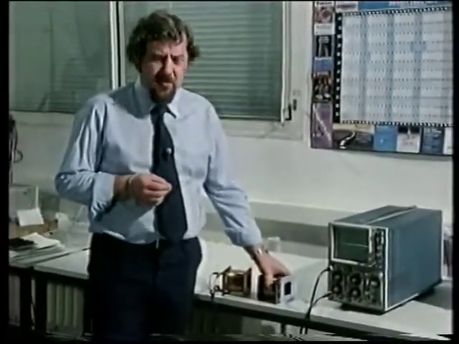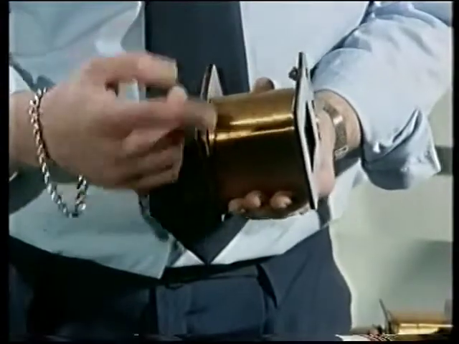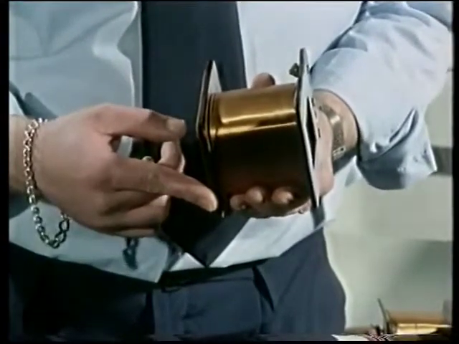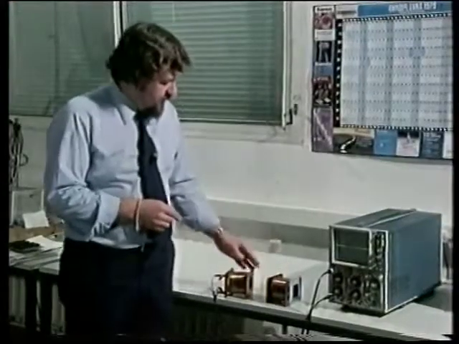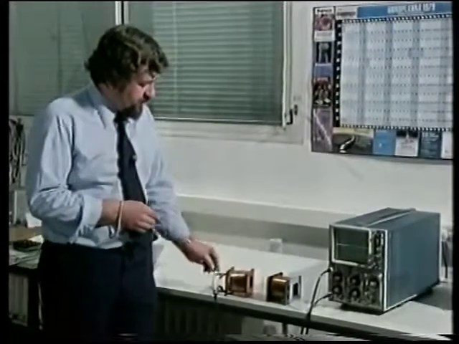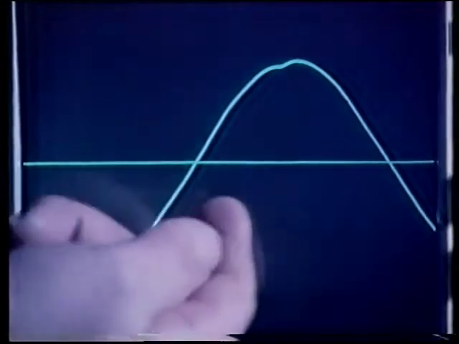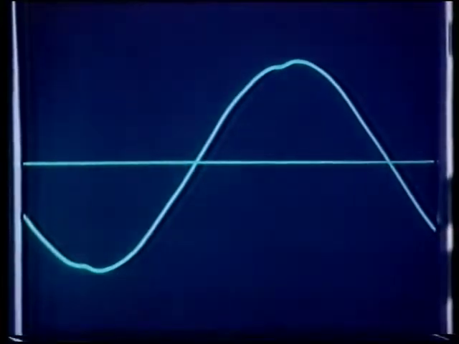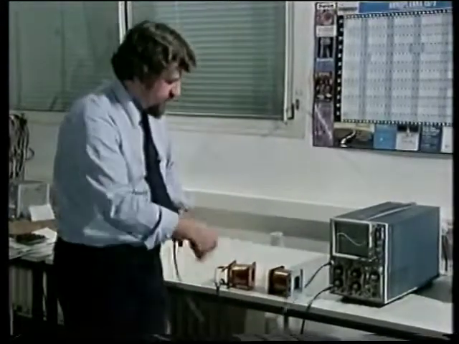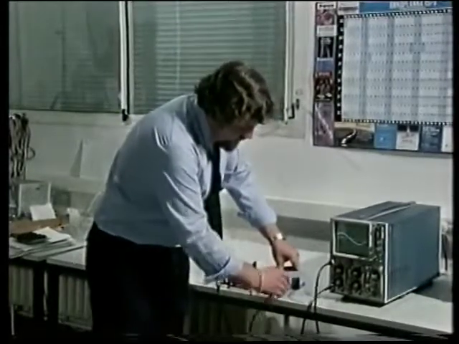What I want to do is to show you how we can use the transformer to get DC power for the amplifier across the isolation barrier. I'm going to use these two coils as the transformer. They're simply copper wire wound around an insulating former. In this case, I've got an AC signal going in, and we can see that here. This line is the 0 voltage reference, and if we have a look at the output from the second coil,